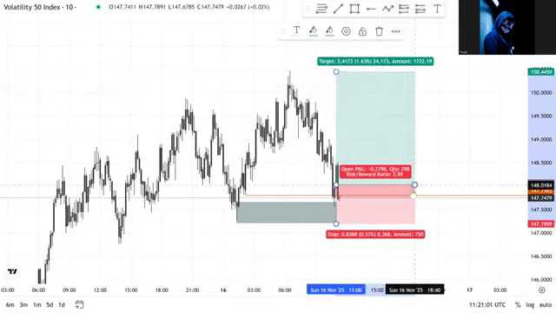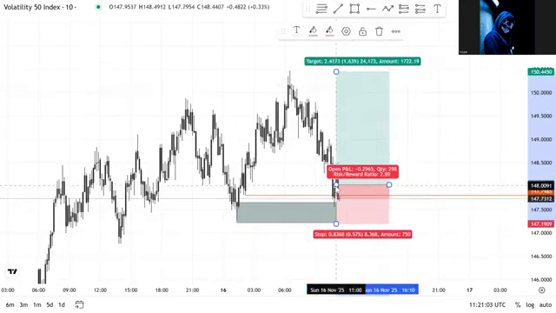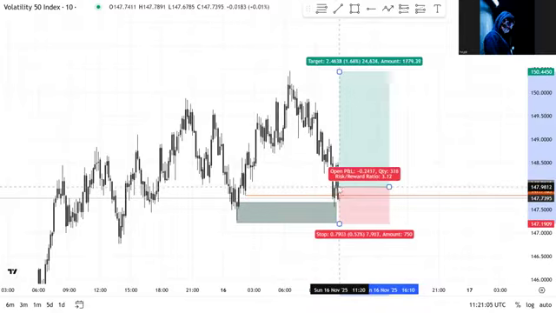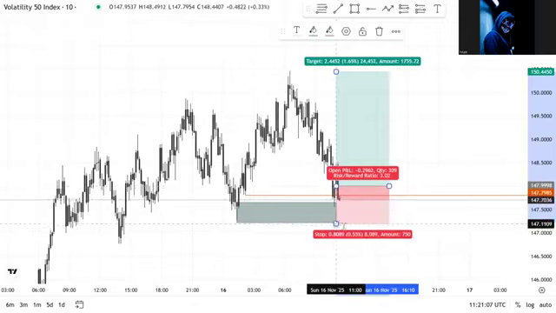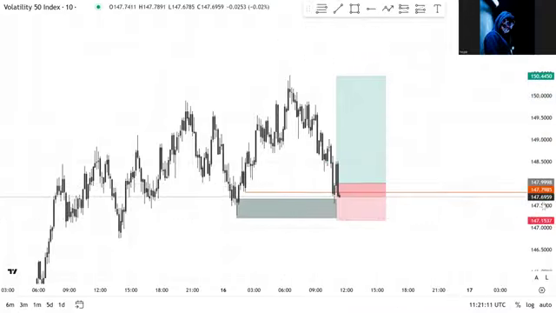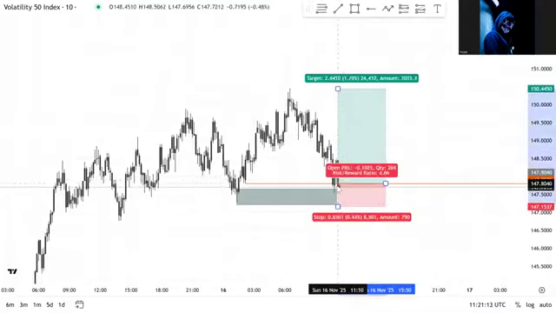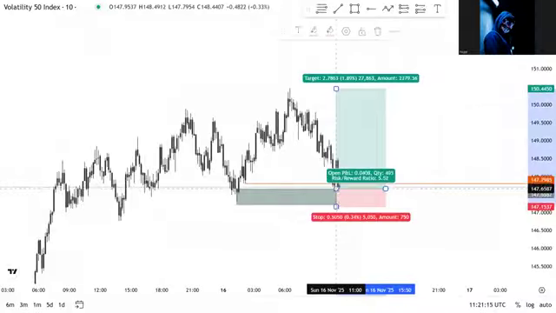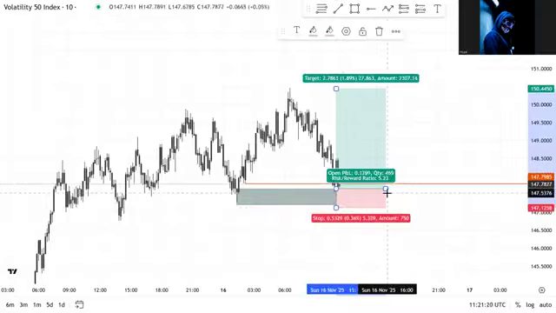Now remember I said when taking all these deep loss setups, these are basically 50-50 trades. Why? Because you're not trading the higher time frame. You're just trading to see if markets will go in your favor, right? So it's like a 50-50 kind of thing. But what will save you at the end of the day is your risk reward. If you take 10 trades, you win 6 and you lose 4. Or let's say you win 4 and you lose 6. You're still